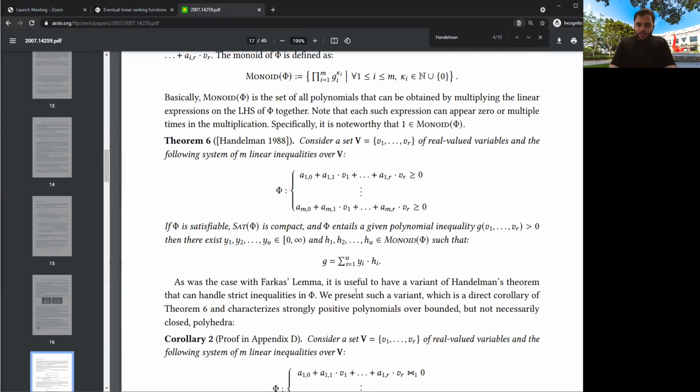The way it leads to linear programming for our cases is that the G here is our F, so it's the ranking function that had to be non-negative, right? And our ranking function is a polynomial of a certain degree. So let's say that if I wanted to find a quadratic ranking function, then I know that this polynomial G here is of degree 2, right? So a polynomial of degree 2,